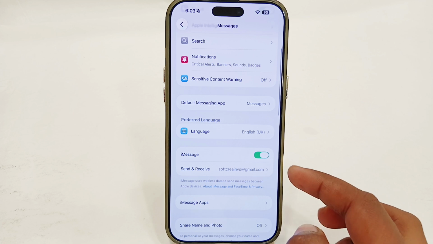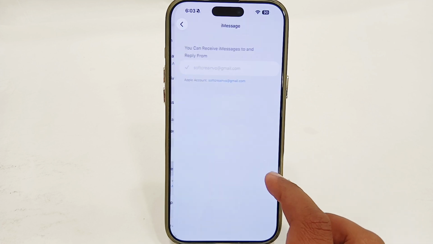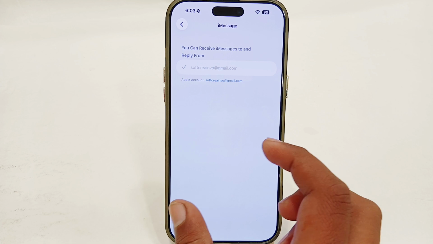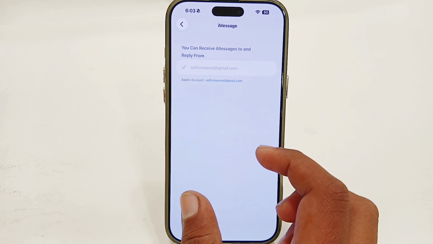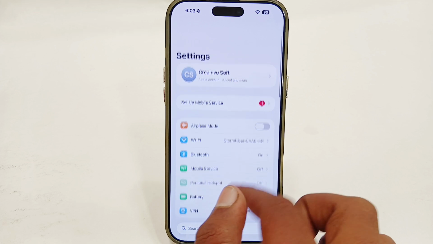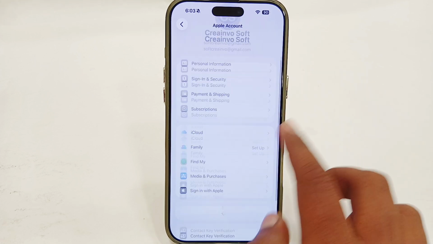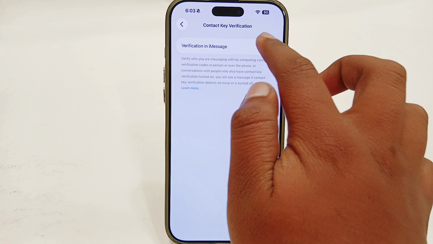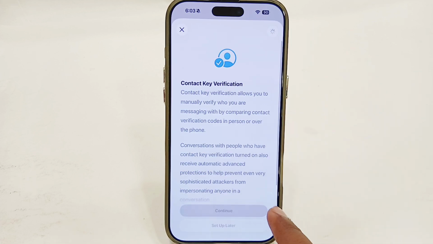You have to make sure that your iMessage is enabled and your send and receive is set to your Apple ID or the mail address which you're using in your Apple ID. Once you have done that, just go back from here. Now you just have to tap your Apple ID and go to contact key verification and enable this again from here. Then tap continue, and just wait for this loading